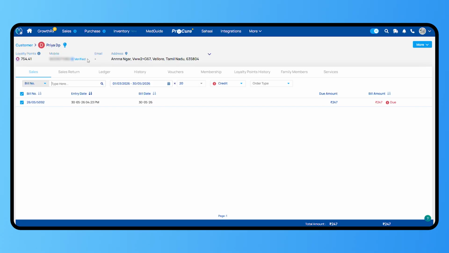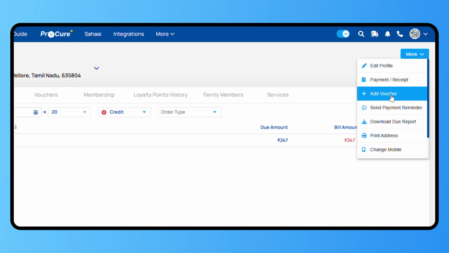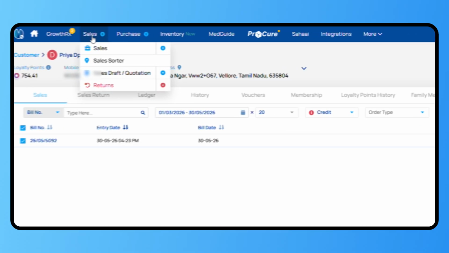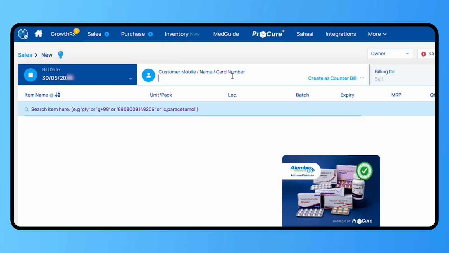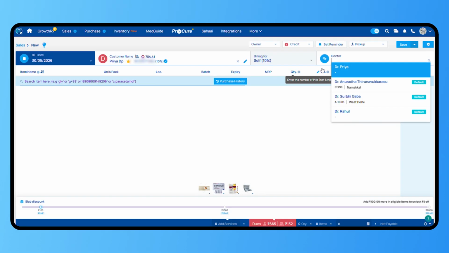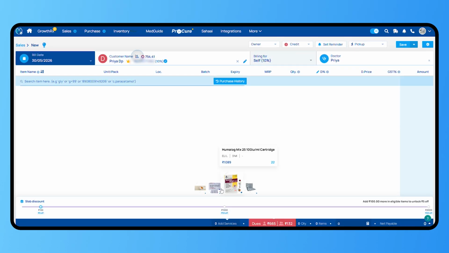If the customer paid for any medicine in advance, you have recorded a credit voucher and now they are purchasing that medicine. While doing the sales, you can also adjust it. Enter the customer details along with the product they have requested or paid the advance amount for.